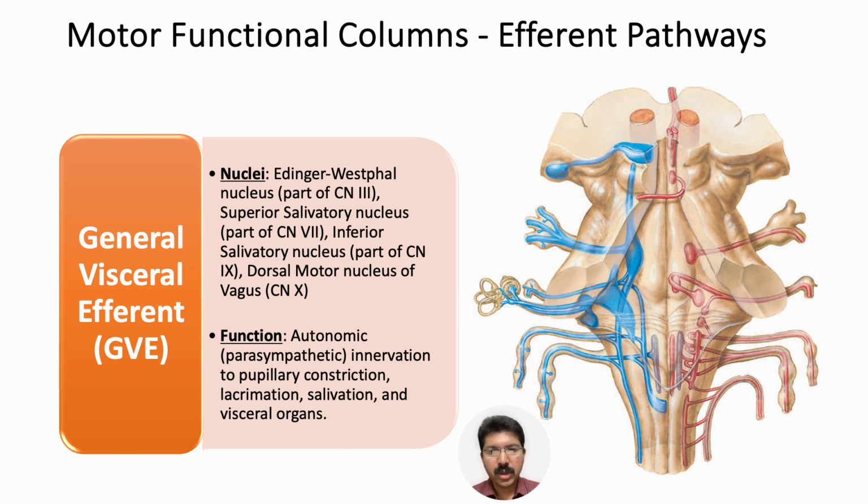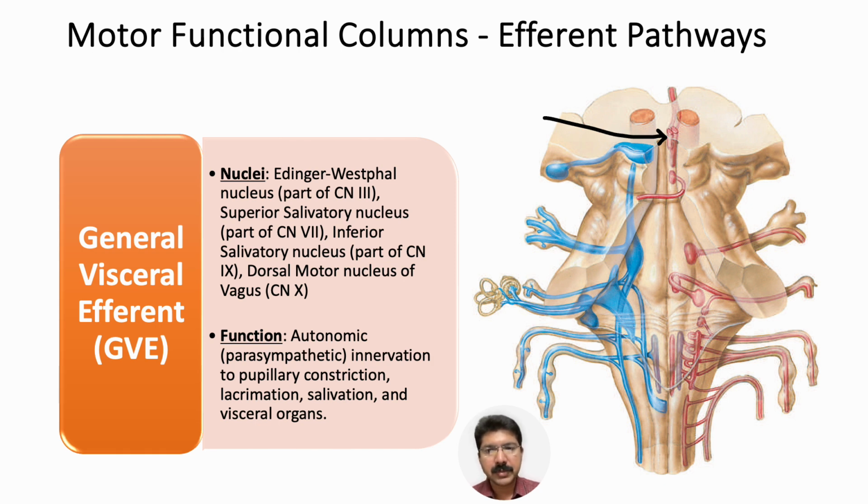These nuclei control smooth muscle, cardiac muscle, and glands. These include the Edinger-Westphal nucleus, which is part of the oculomotor nerve complex in the midbrain and controls pupillary constriction, adjusting the size of the pupil in response to light, and lens accommodation, allowing you to focus on objects at